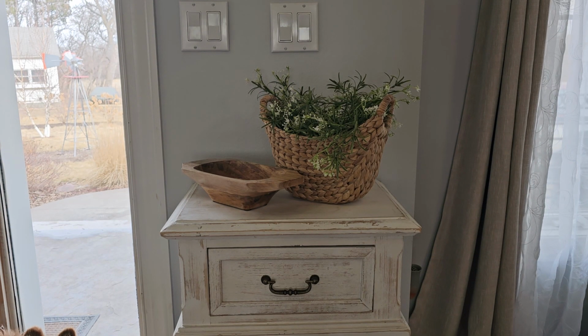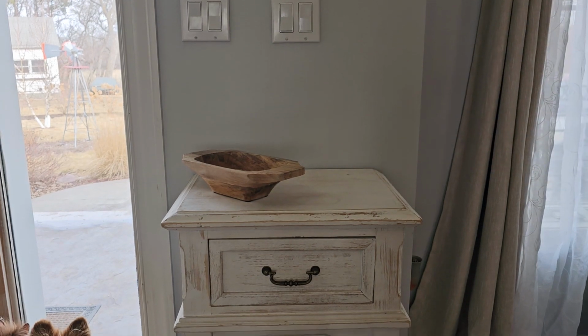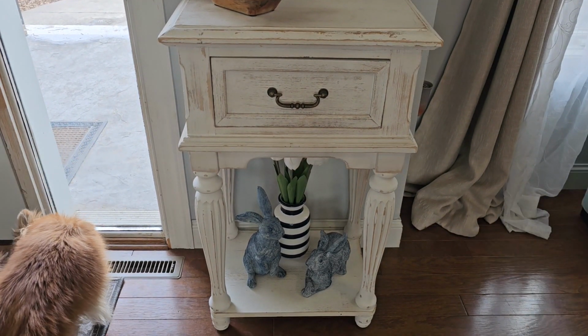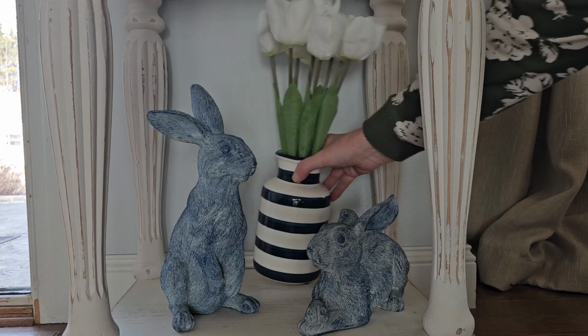And now that I'm looking at it, I think this needs to be down where the bunnies are, and then the tulips need to come up to the top. So let's see if this will...